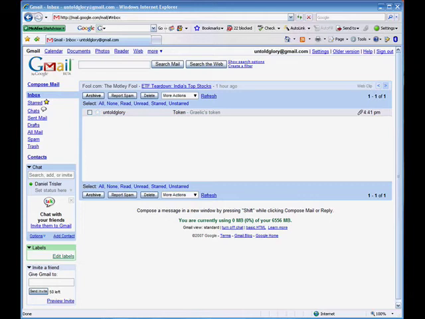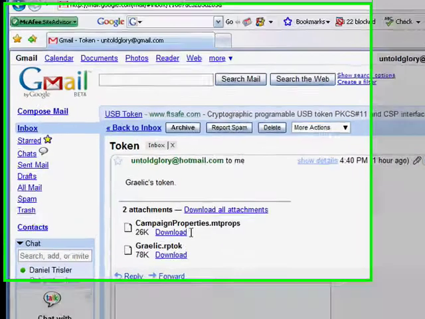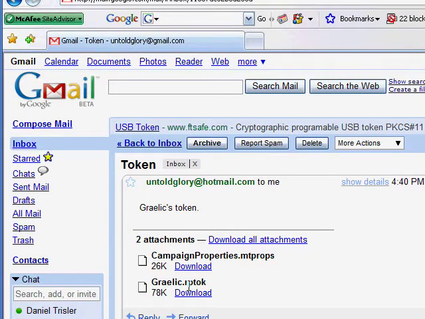Hello everybody and welcome to your tutorial on how to get your macros and tokens and everything into MapTools and use them. We're going to do a two-part, probably, with the second part being how to level your character up. Alright, when you get the email from me, it should have two files in it, the mtprops and rptalk file,